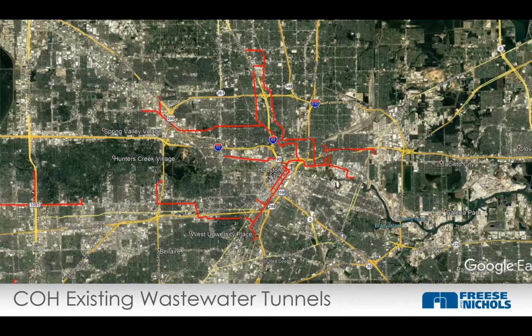There was a time that Houston was on the front page of the Trenchless Technology magazine for tunneling capital of the world, right? A lot of that slowed down, but it's going to pick back up again. The interesting point as it relates to this presentation is that these tunnels were all constructed without geotechnical baseline reports. And in many cases,